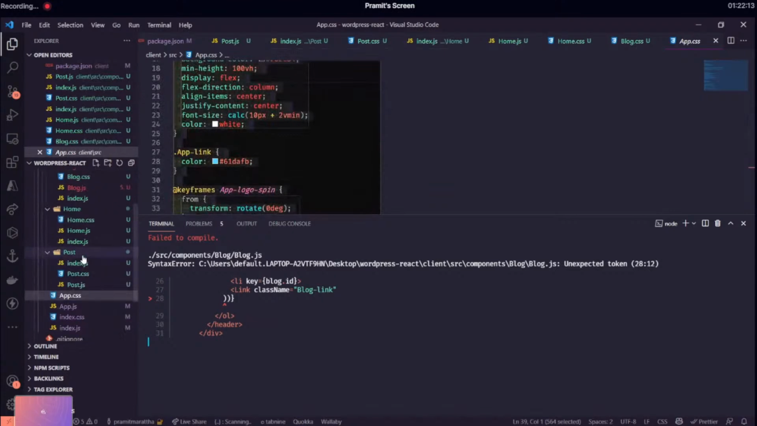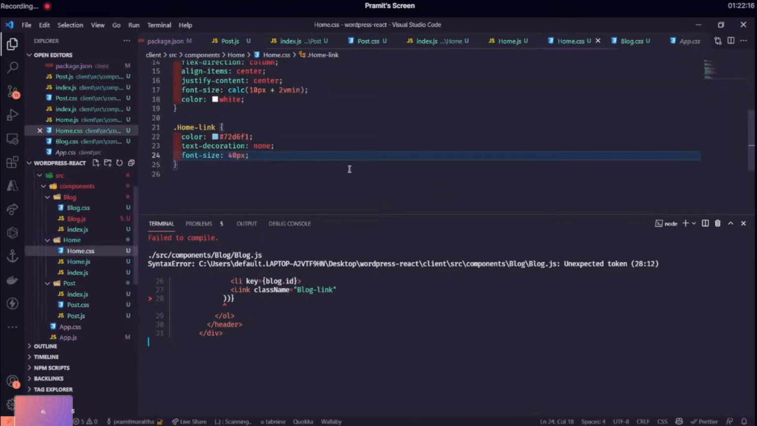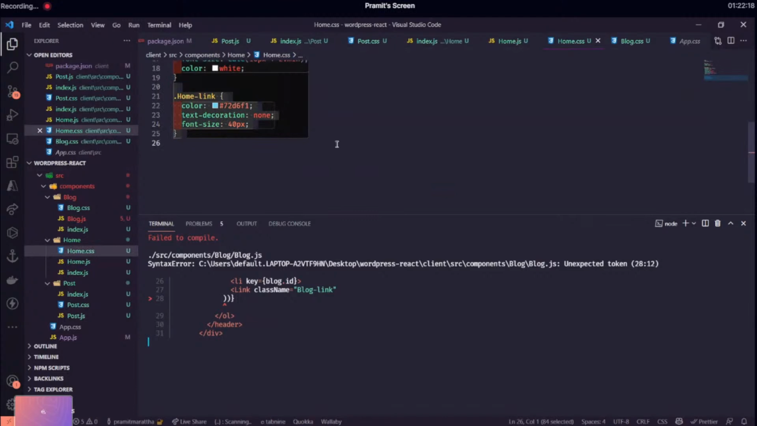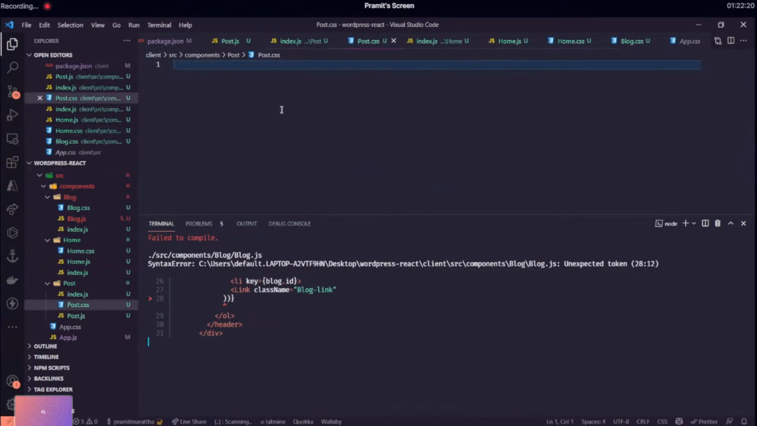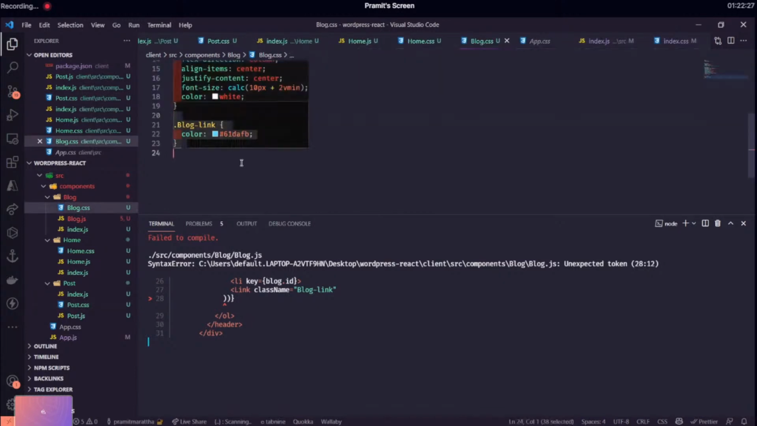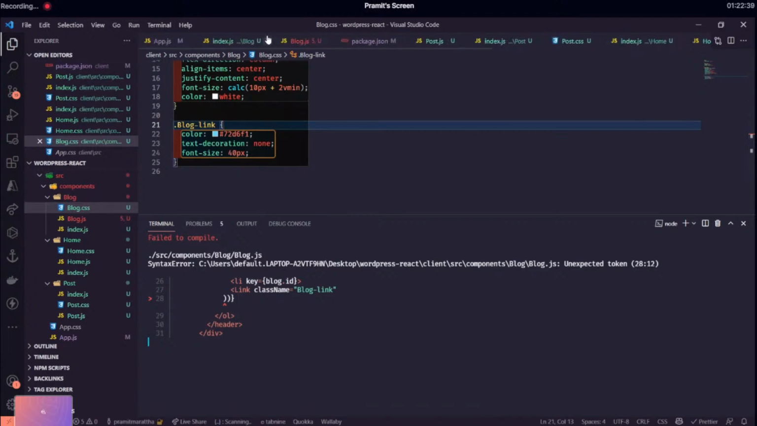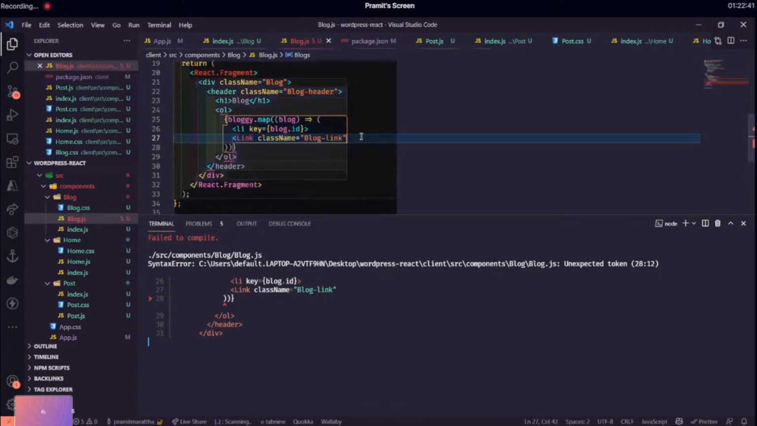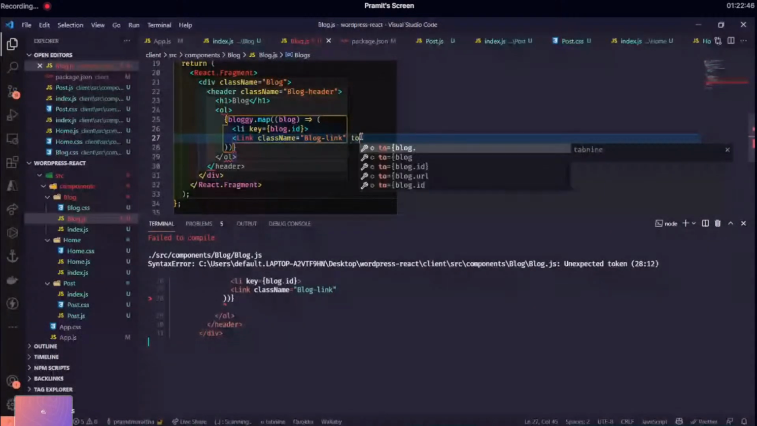Not app.css, I guess, home.css, and copy this, go to your post, not post.css, but where is our blog.css, paste it, unit blog link, yep, and where are you now? Where are you? Yeah, the link class name blog link. We need to